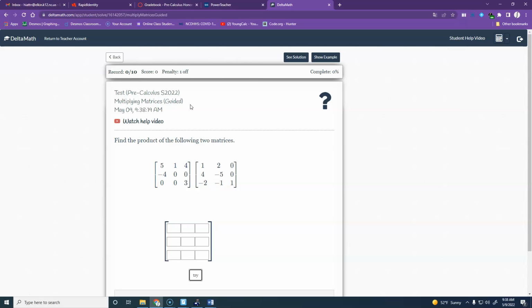I haven't set where you are supposed to do 10. This is on the honor system here. I want you to do the first 3 by hand. Okay, so first 3 I want you to do by hand. And then after that, you may use your calculator to multiply them together. Now, some of you may have to do a few of these at home tonight, and you may not have a graphing calculator. If you do not,